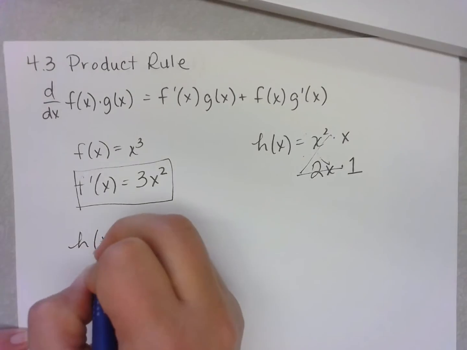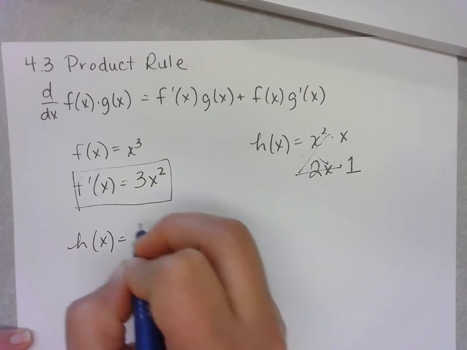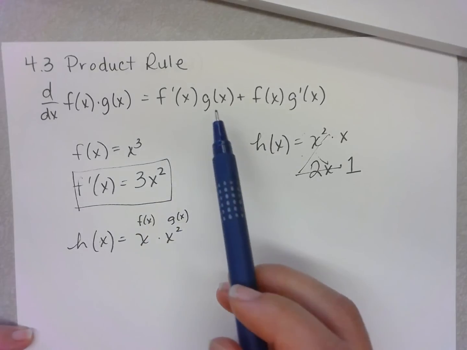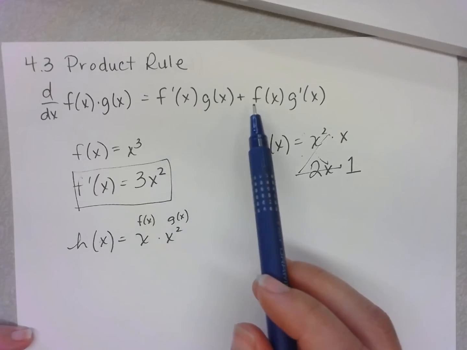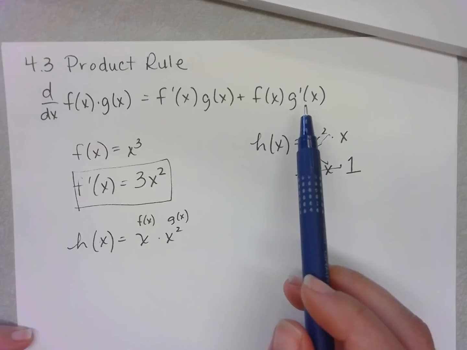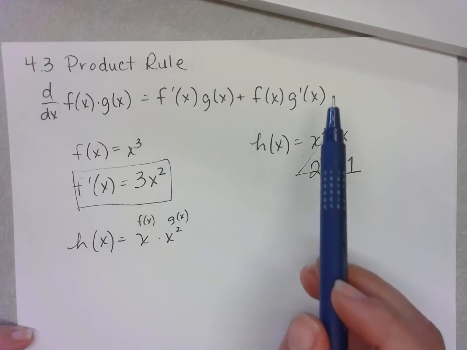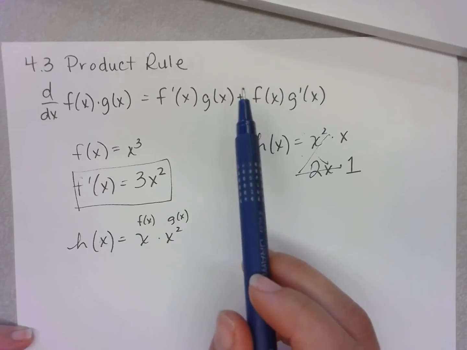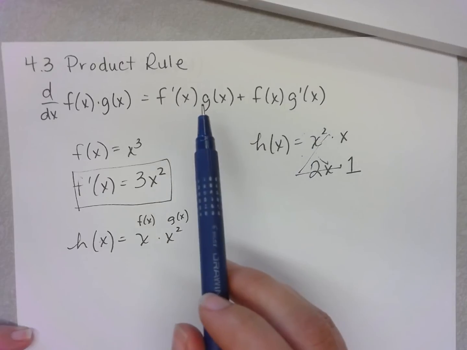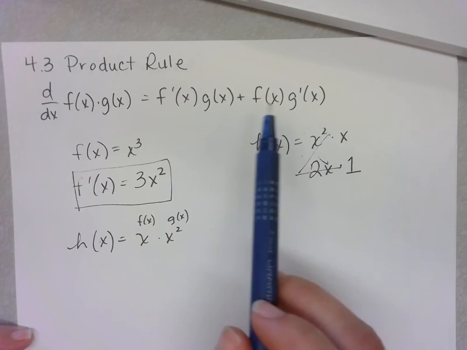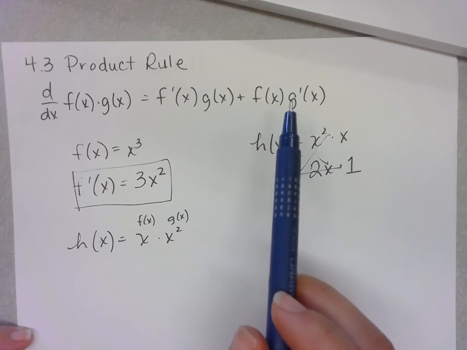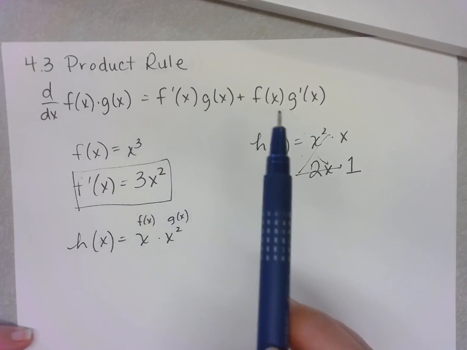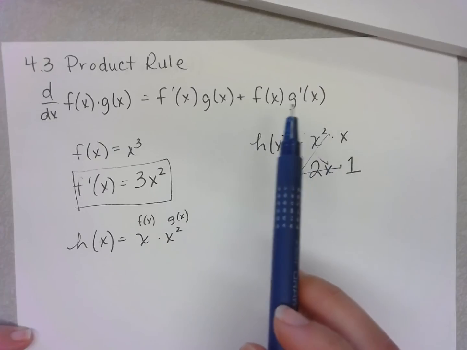And so we have to use the product rule here. We're going to write h of x is equal to x times x squared, and we're going to call this one f and this one g. Now I have the derivative of one times the plain other, plus the plain other times the derivative of the other. Because of addition, it doesn't matter in what order. In multiplication, I could write g times f prime or g prime times f. There are like 4 different ways that I could write this, but as long as I have the derivative of one times the plain other, and then I flip-flop, I do the derivative of the opposite times the plain other,